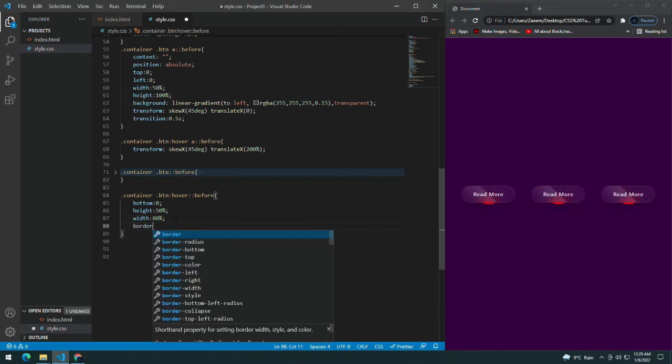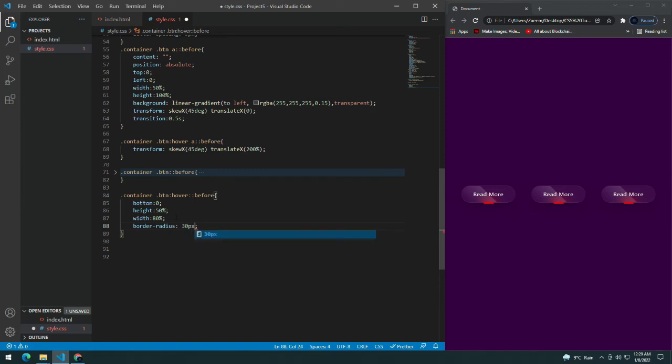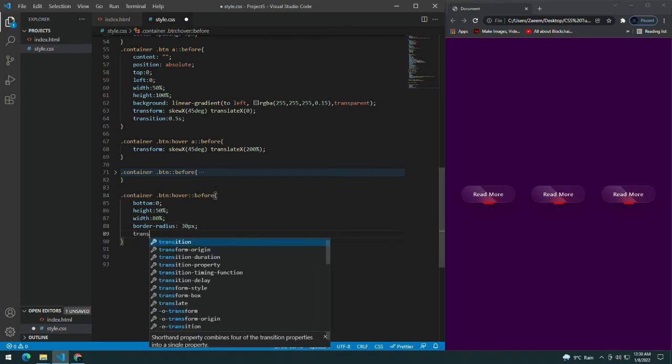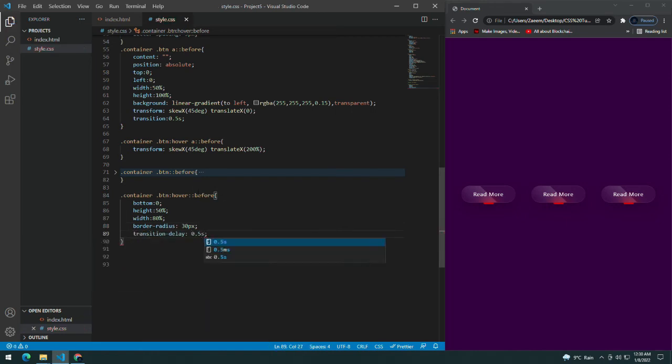You can see how I have already got that effect. A border radius of 30 pixels, and I'll refresh, and you can see I am getting the red thing, but a transition delay of 0.5 seconds, so there should be a delay of 0.5 seconds in the hovering effect.